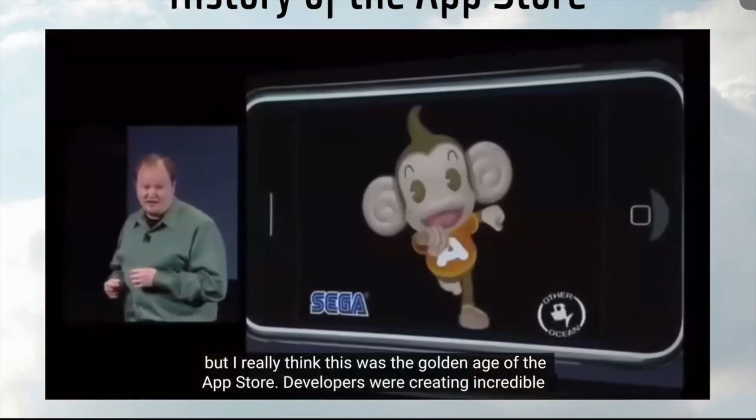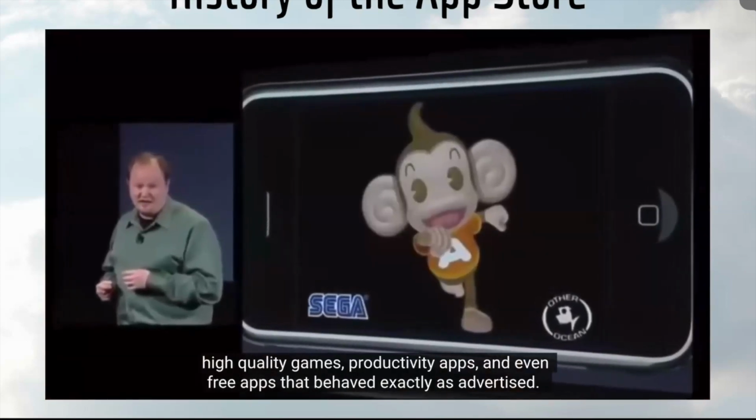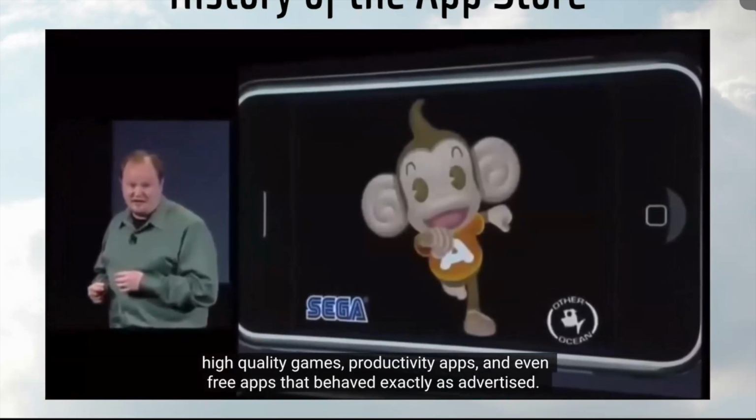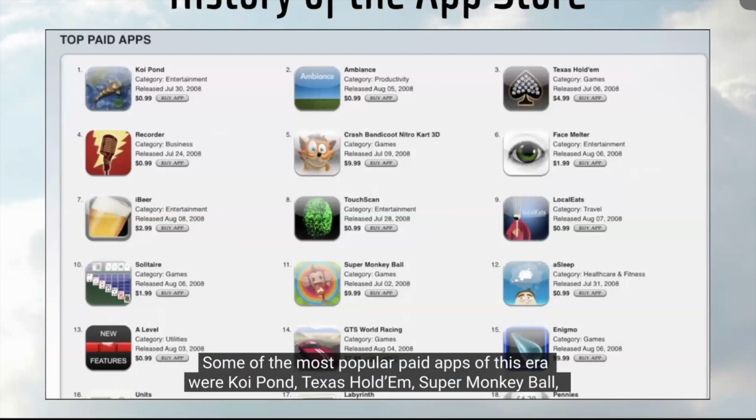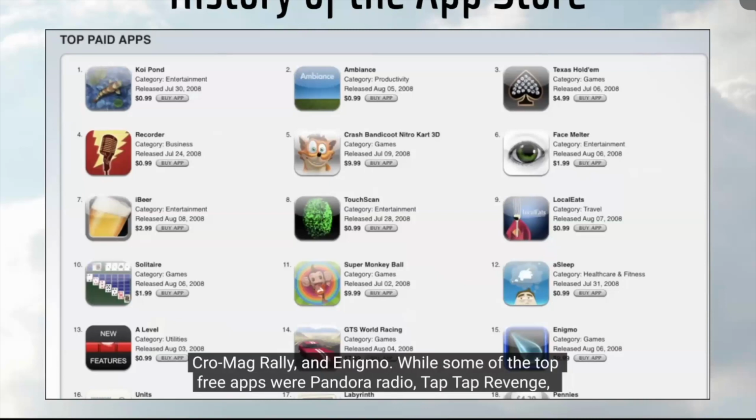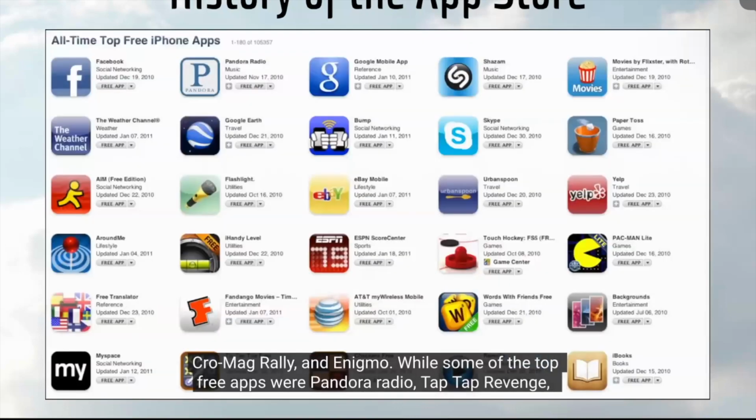Developers were creating incredible high-quality games, productivity apps, and even free apps that behaved exactly as described. Some of the most popular paid apps of this era were Koi Pond, Texas Hold'em, Super Monkey Ball, Cro-Mag Rally, and Enigmo, while some of the top free apps were Pandora Radio, Tap Tap Revenge, Shazam, Google Earth, and Lightsaber